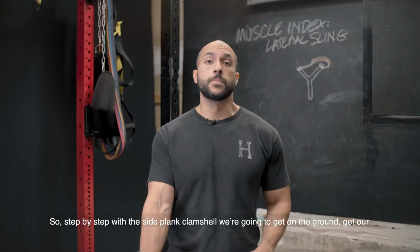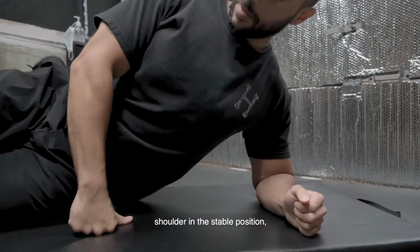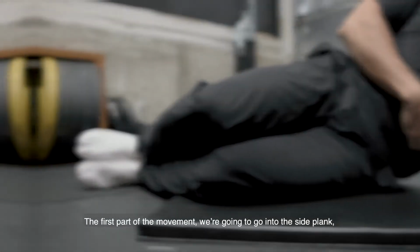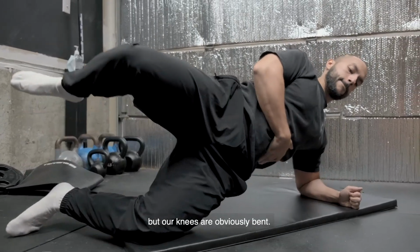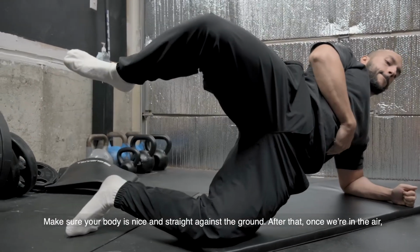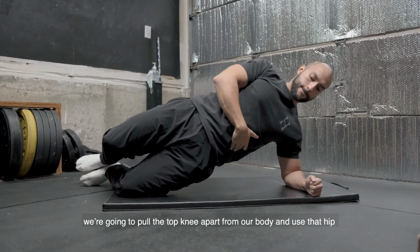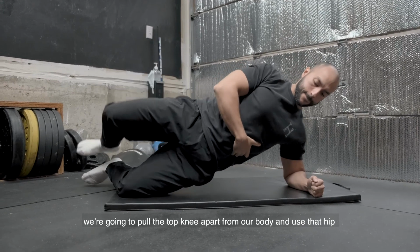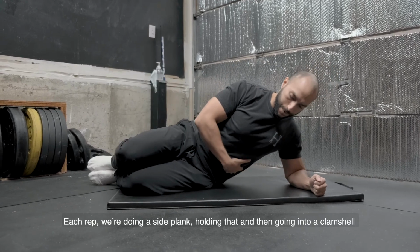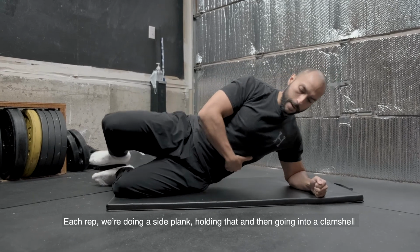So this is one that is really good for bulletproofing your whole lateral sling and then some. So step by step with the side plank clamshell, we're gonna get on the ground, get our shoulder in a stable position, try to get our hips under us with our knees slightly bent. So the first part of the movement, we're gonna go into a side plank, but our knees are obviously gonna be bent, all right? Make sure your body is nice and straight against the ground. After that, once we're in the air, we're gonna pull the top knee apart from our body and use that hip, as well as the left hip that's on the ground. So each rep, we're doing a side plank, holding that, and then going into a clamshell for a couple seconds,